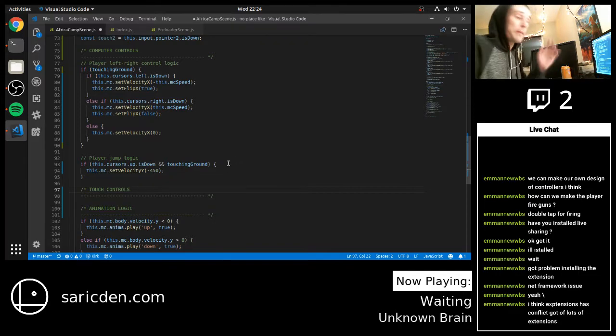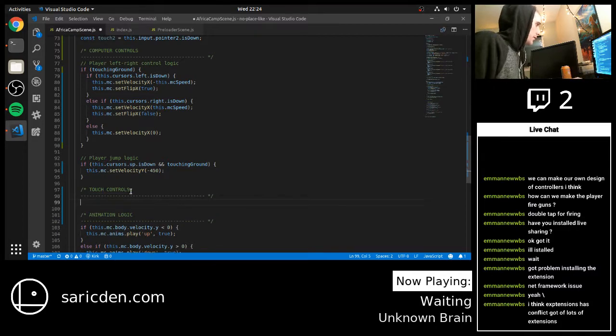Cool. Then maybe in the future we can add in game controller controls as well. I know that's a feature that Phaser supports. My buddy made a game that works with a controller, so that's pretty cool. We can add that in later too. Okay, so first things first, we need player